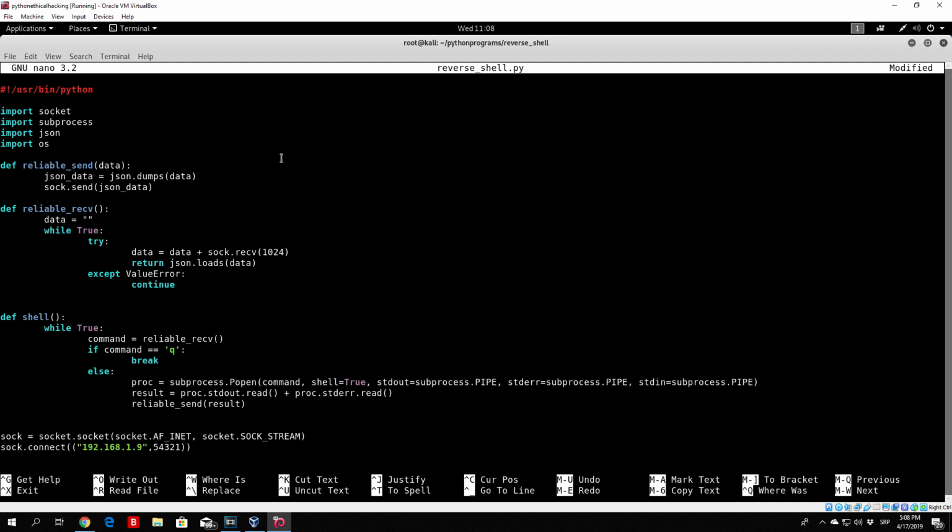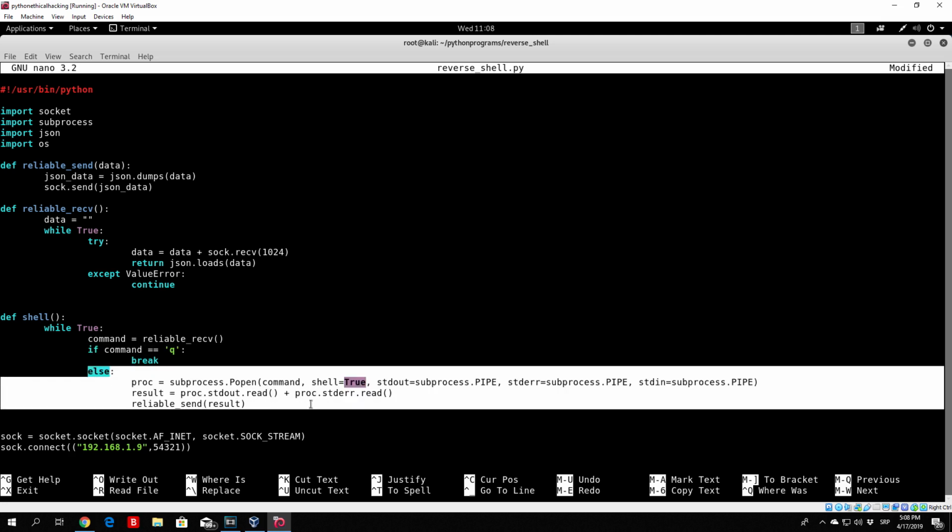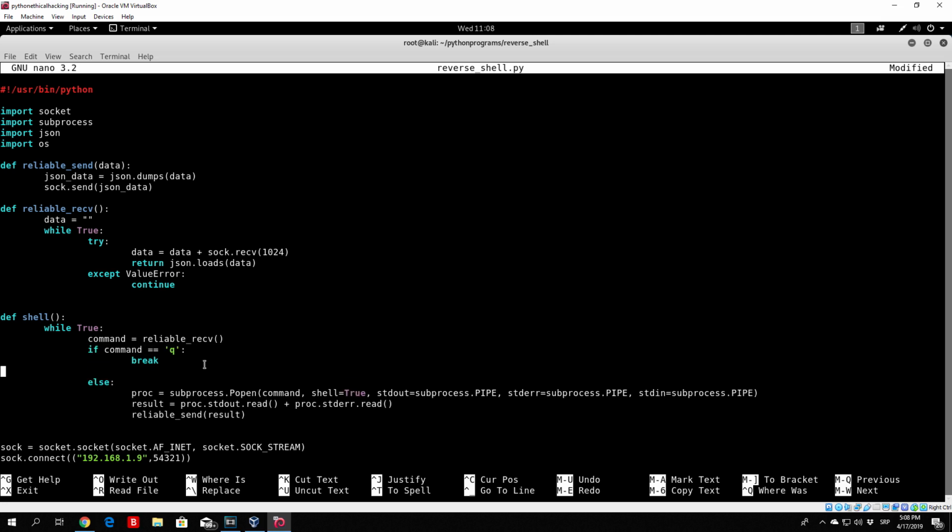The OS library is a standard library in Python, so we will not need to pip install it in order for this to work. What we want to do right now is perform an else if statement right here in the shell. So what we have for now, if the Q command is specified, this will close the program. In any other case, it will execute the command in the command prompt. But we do not want to execute this in the command prompt, so we will add an else if statement,